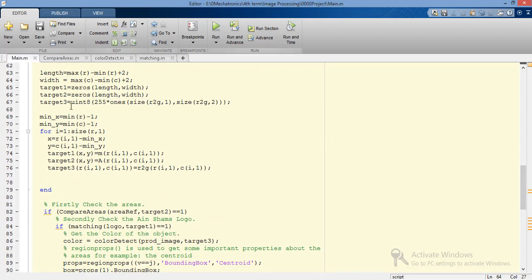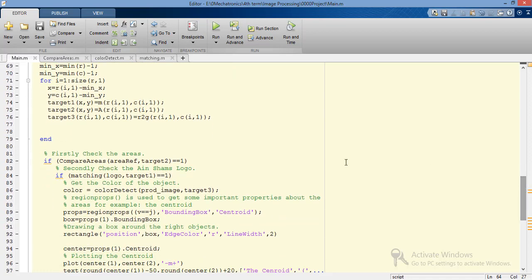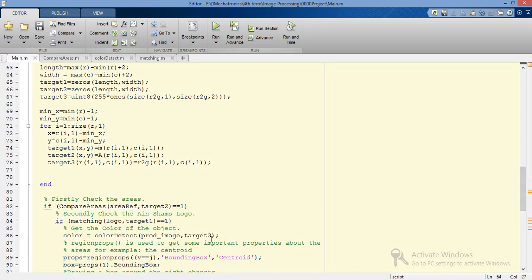Note here in target 3 I made a matrix with the same rows and columns as R2G, which is a grayscale image. Okay, why? Because I should put here in the color detect file target tray and product image, they should have the same class and size. Okay, so I created a photo with the same size as the product image, but the product image is three matrices, but in the code I'll manage this problem. Okay,